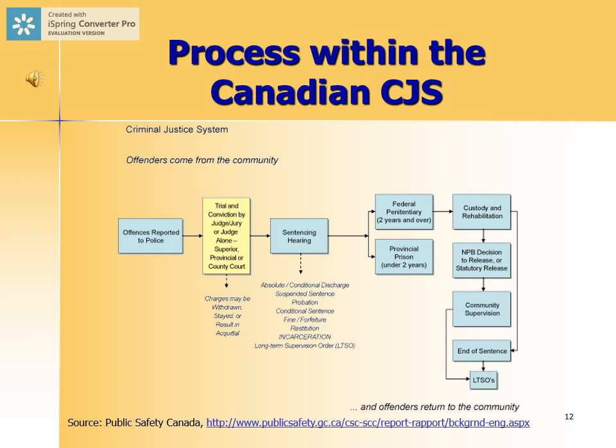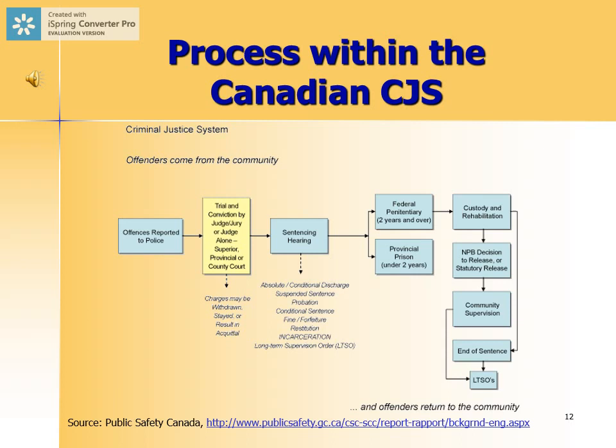The process basically begins where an offense is reported to police, or police discover a criminal offense in process. That individual's arrested or at least brought before the courts. A trial ensues, and the individual may be convicted or may be exonerated, released in the community. Following a trial, there's a sentencing hearing. It's important to keep in mind that a criminal sentence is not handed down by the trial judge, but by a sentencing judge.